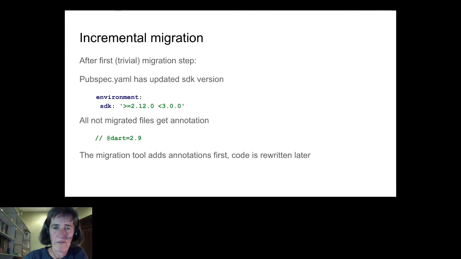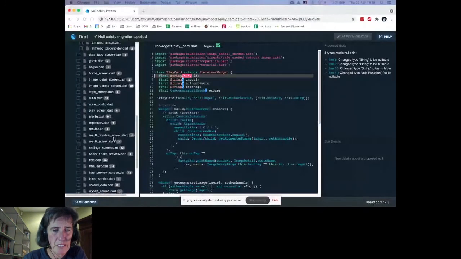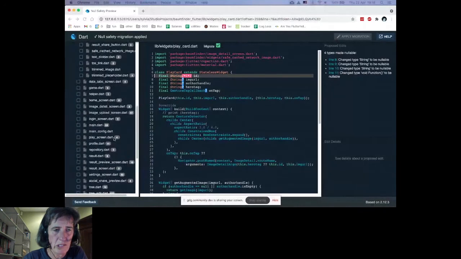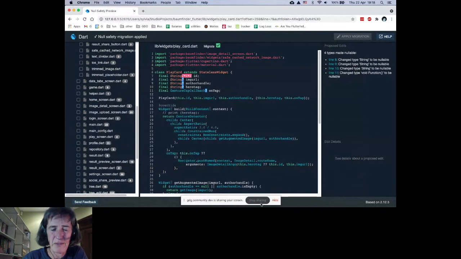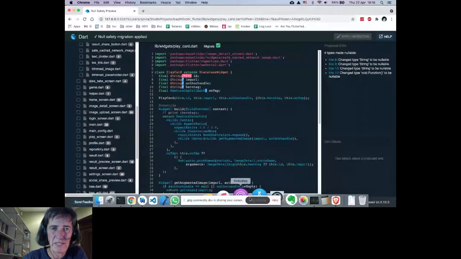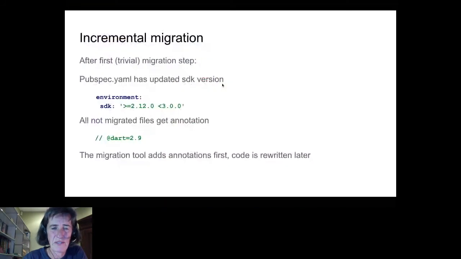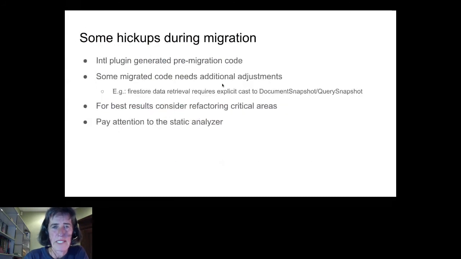Let me see if I find one example. It might not be available anymore. So this is the main Dart. Pity this won't work anymore because I already applied the migration, so this view is outdated. It would take a while to get to a different one now, so let's not go into this. But